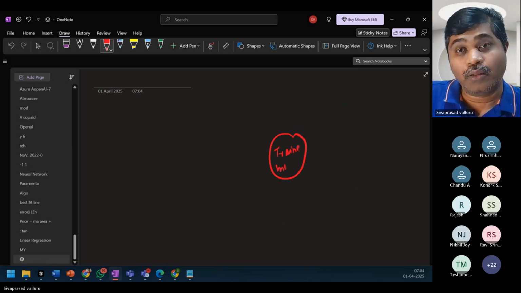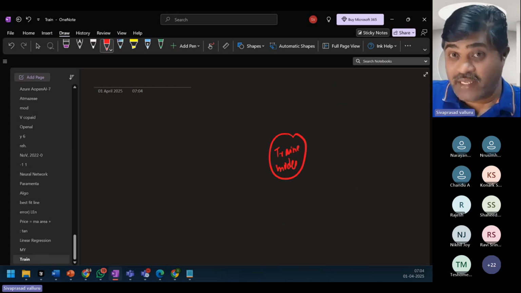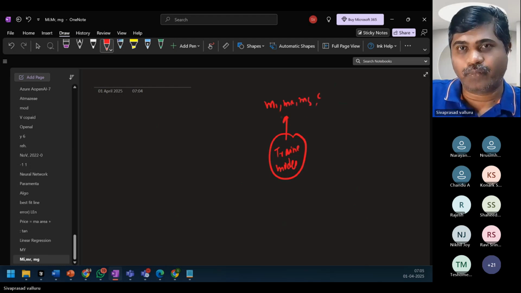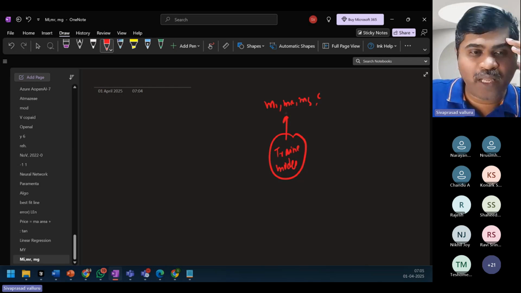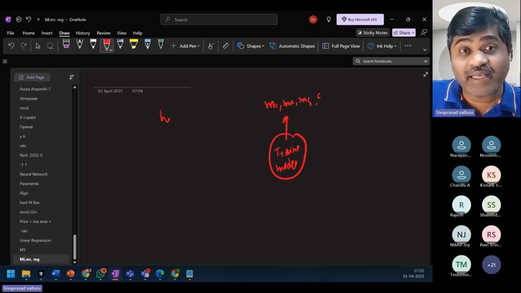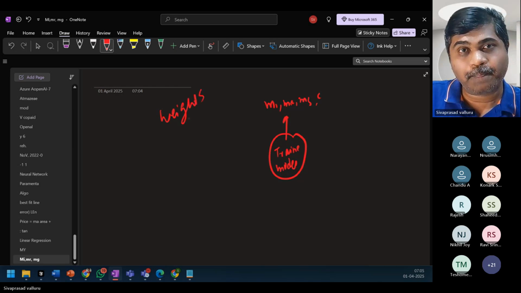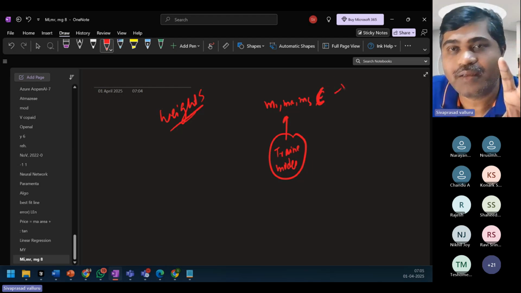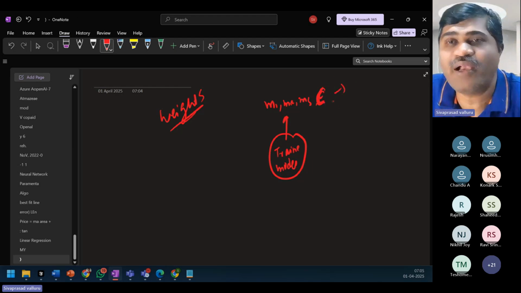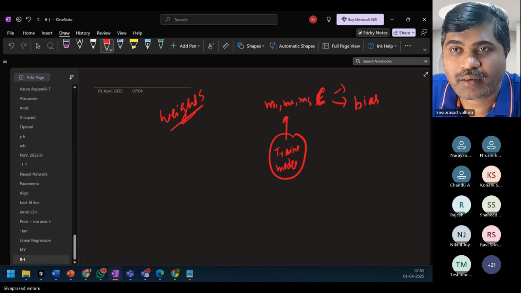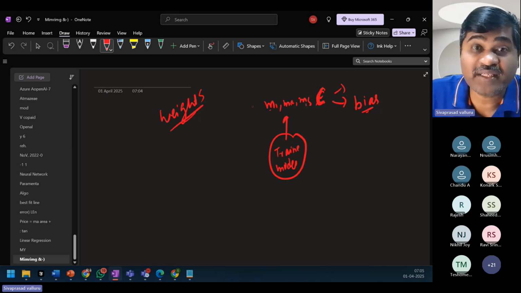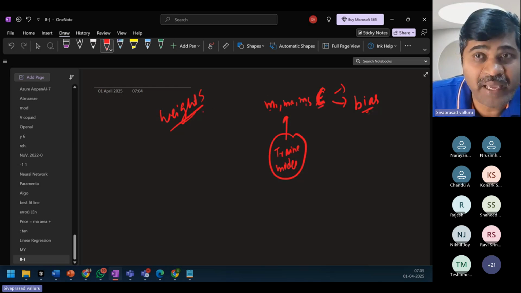This is a trained model. That means after training, it might have identified the values of M1, M2, M3, and C in this case. So once I say that I have a trained model, I want you to visualize that weights are computed. And C is also a type of parameter. In machine learning terminology, we call M1, M2, M3 as weights, and this C is called as bias.